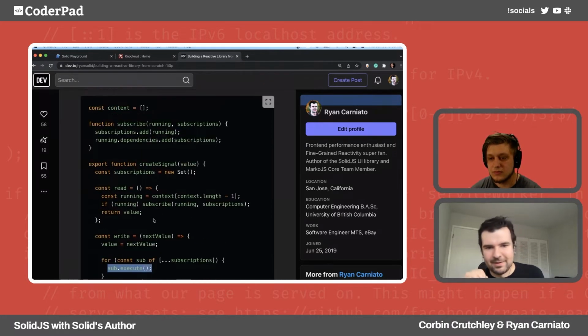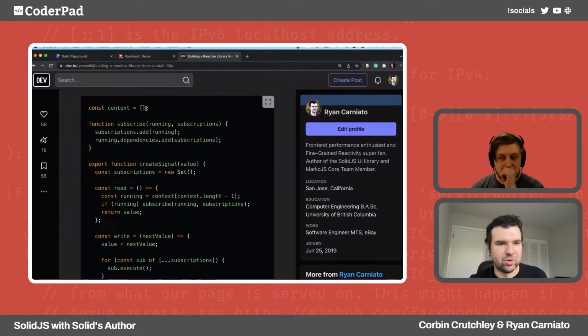And the idea is we have this sort of global context. Whenever a new context is entered, like a create computed or create effect, it pushes itself into the stack. So when you read, the signal can go, what's the top of my stack? What is this computation that's listening to me? And if there is one, have it subscribe to me. That's the gist of the mechanism. So it just creates the subscription.